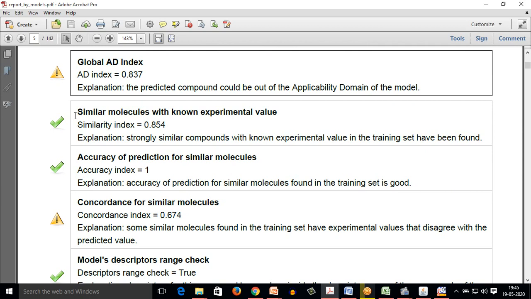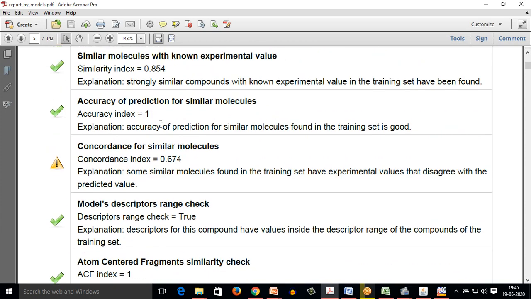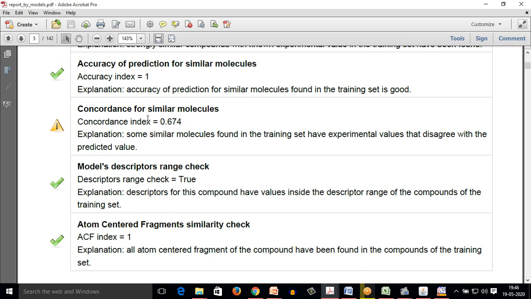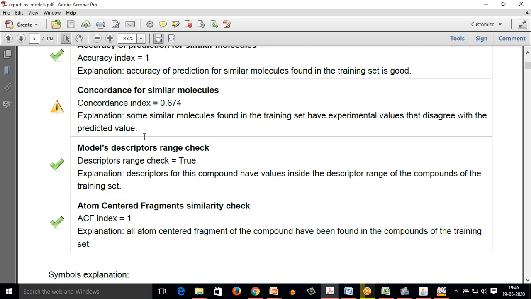Coming forward, the similarity index of the complete model was found to be 0.854, which is good in this case. The accuracy index is 1. Again, it is very good, because if it is less than 1, the accuracy of the data cannot be considered for further studies, but as it is 1, it is a good value.